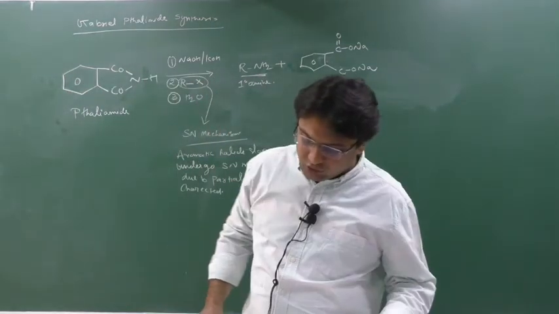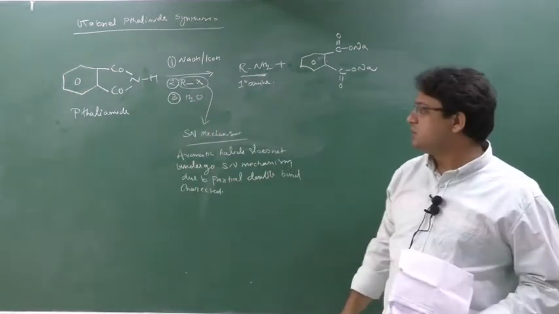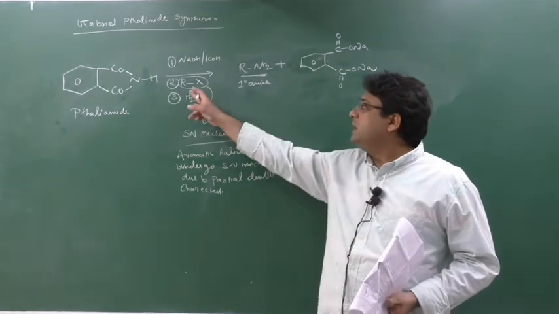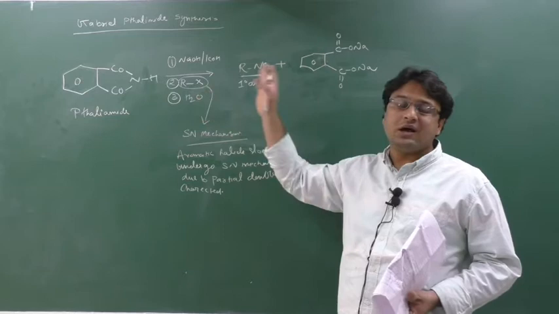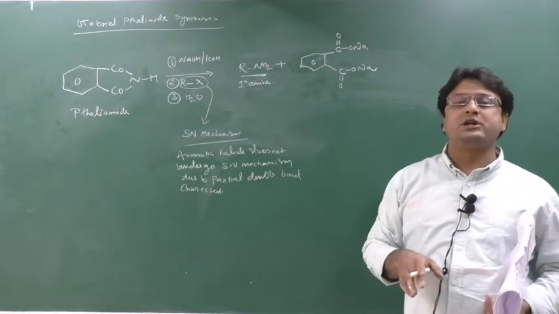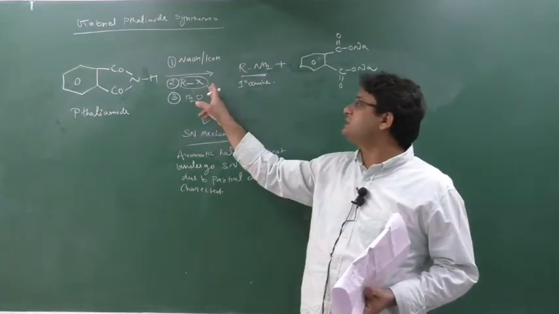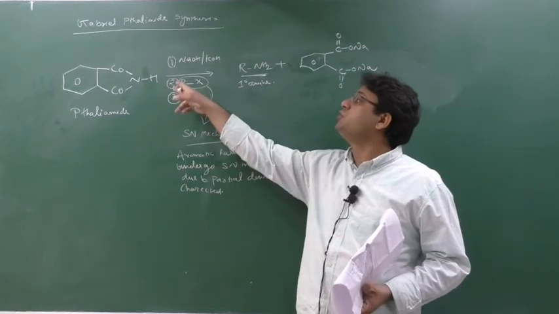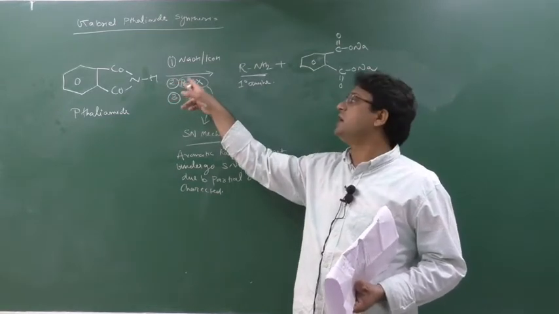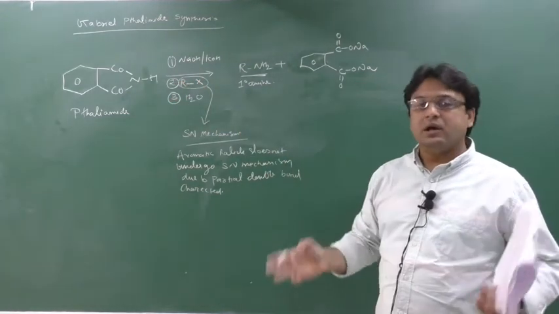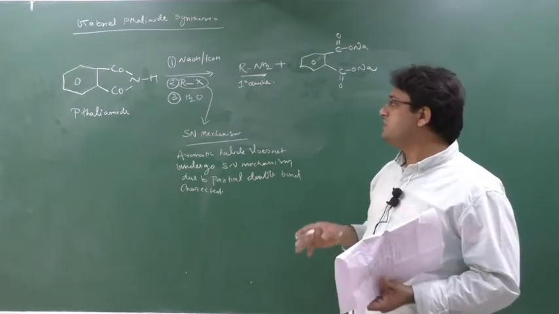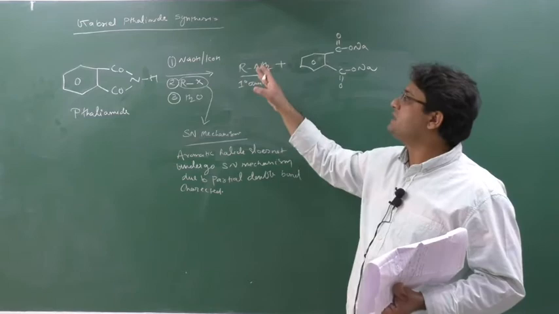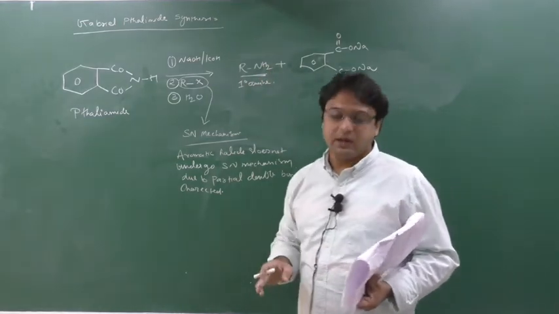The reason is what? Aromatic amines cannot be generated because that aromatic halide does not undergo the SN mechanism due to the partial double bond character. Hence here, instead of RX you cannot use ArX, because ArX has partial double bond character. Hence it doesn't undergo the SN mechanism. Due to this reason, Gabriel phthalimide synthesis is only used for primary amines.